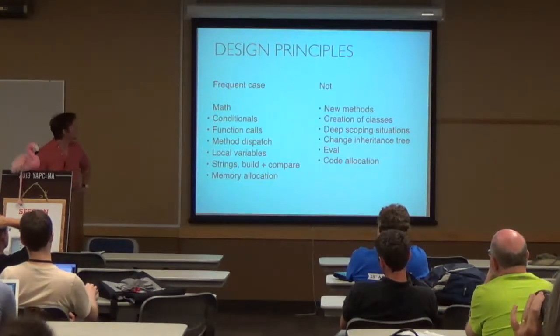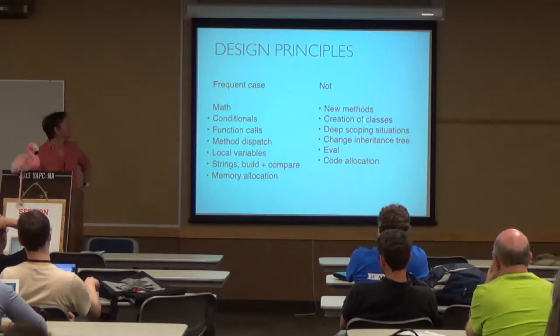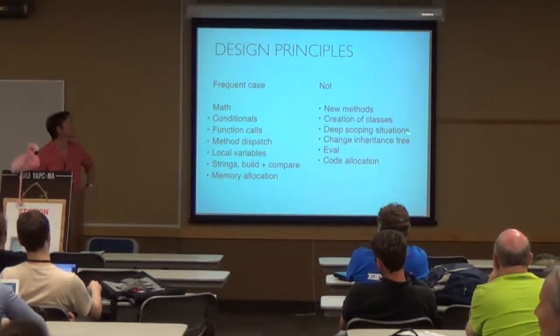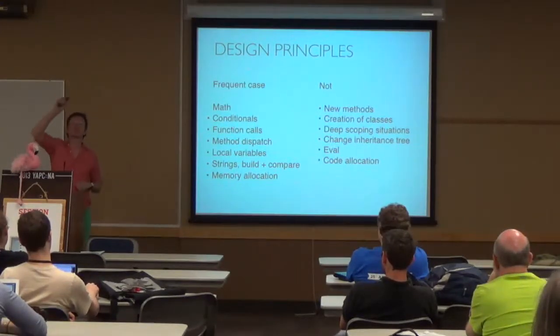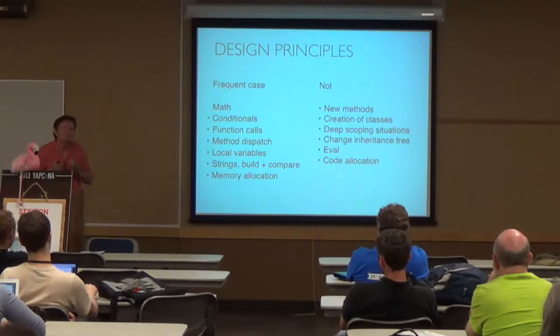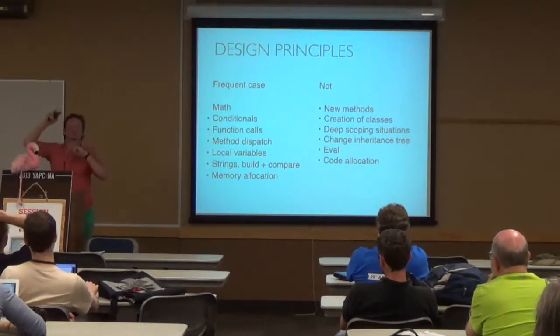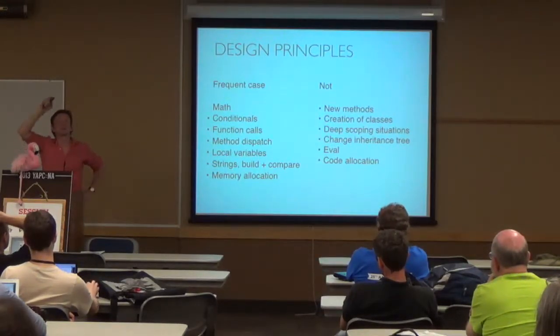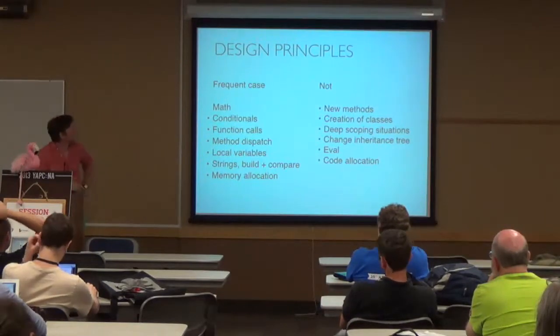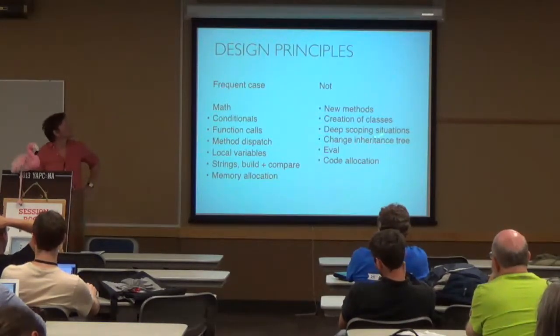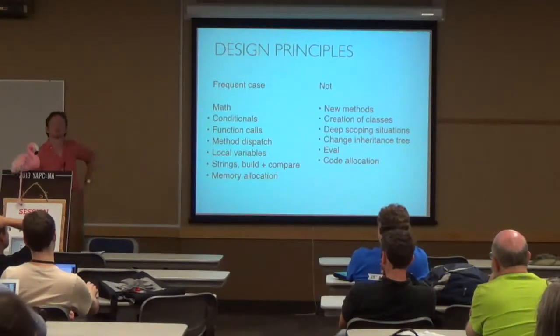Optimize for the frequent cases. And don't optimize for creating new methods or creating new classes. Deep scoping situations where you have to look up lexical variables in 2 scopes upwards, which would be nice to have and which Perl 5 has because the compiler aligns it differently. But to do it efficiently, I want to have it on a C stack. And it's pretty hard to jump over to C stack because then you need to know the size of the previous code segments and all these jumps. So if you look at compiler handbooks, this is pretty hard. So I just jump up my closures to the previous stack. And so lexical variables are on the C stack.